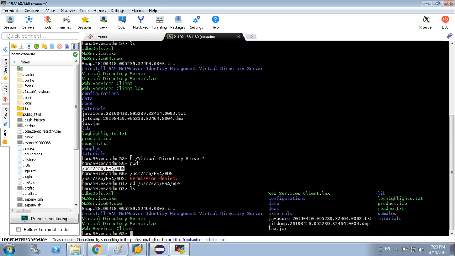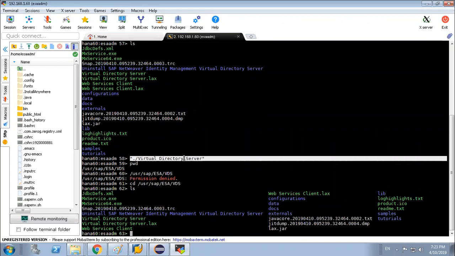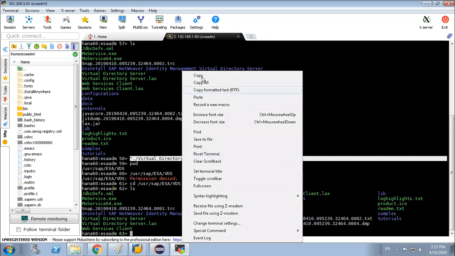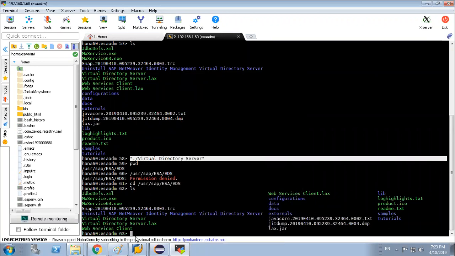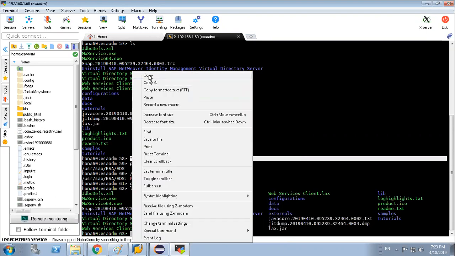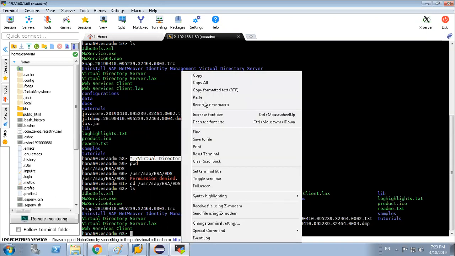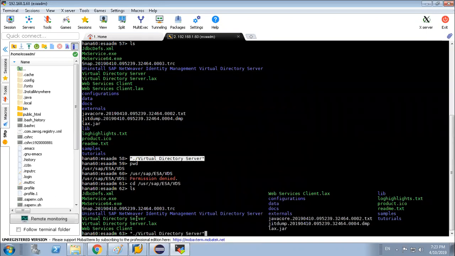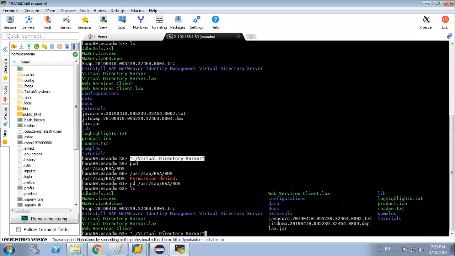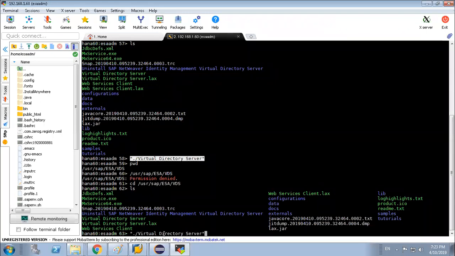So after going to this path, you have to write this command. Why we are putting it in double quotes is that there are spaces in the command. Otherwise, no need to put the double quotes. That's just a thumb rule in Unix, Linux.